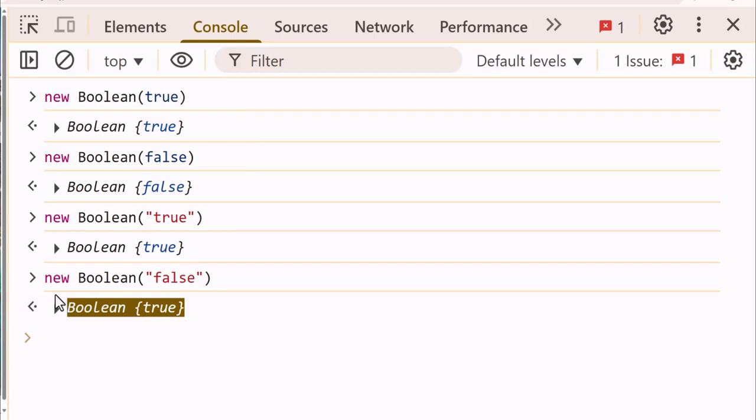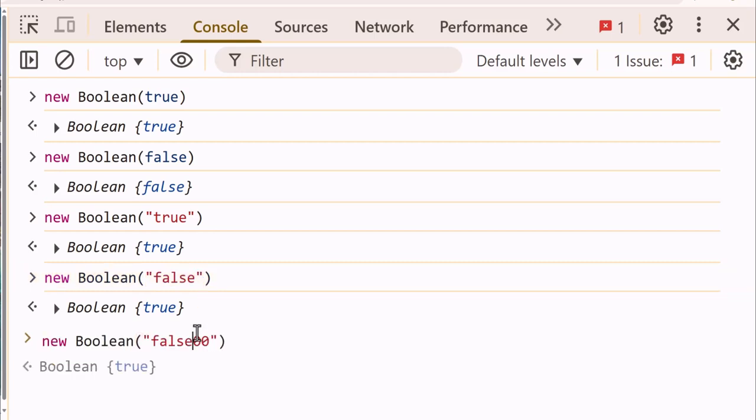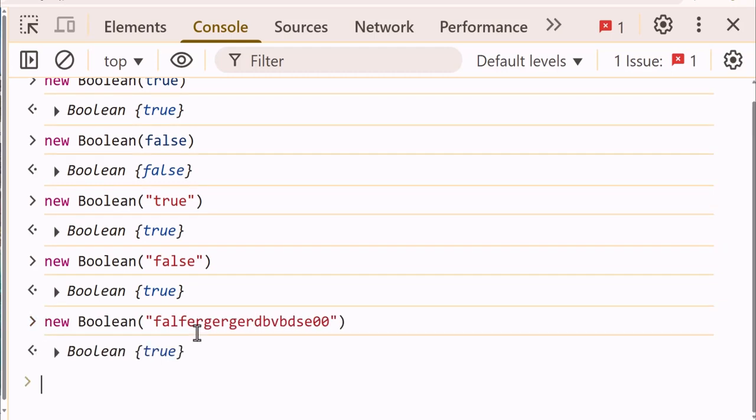Why? Don't be confused. If you want to know why, you definitely need to watch my video where I explain to you exactly falsy values and truthy values in JavaScript. Okay, if you want to watch that video, I will add the card here. But before watching that video, the Boolean function doesn't examine or evaluate the string here. It's just seeing a string, and a string here is always true because a string is a truthy value. But if we use an empty string,